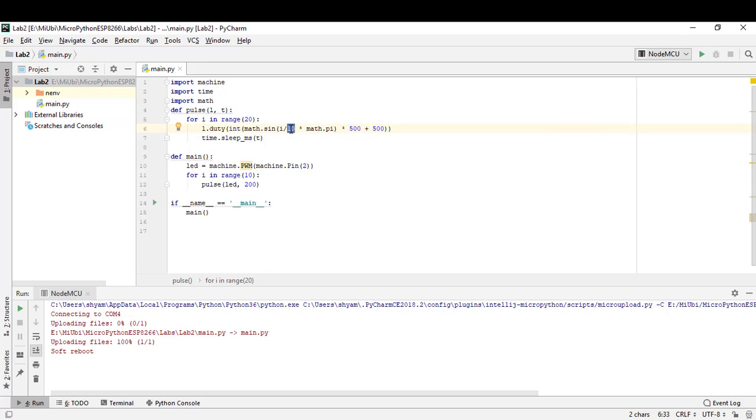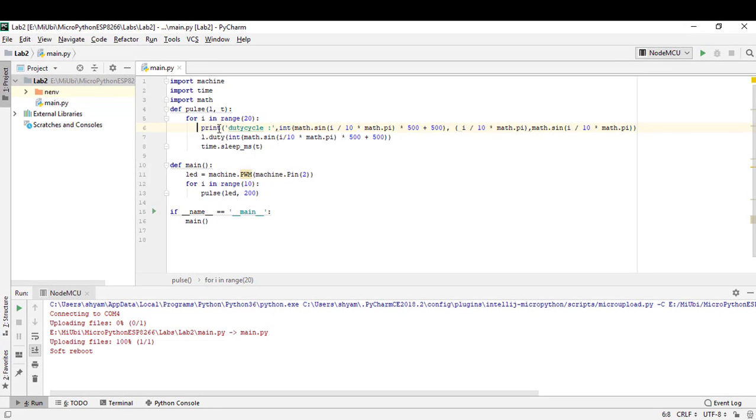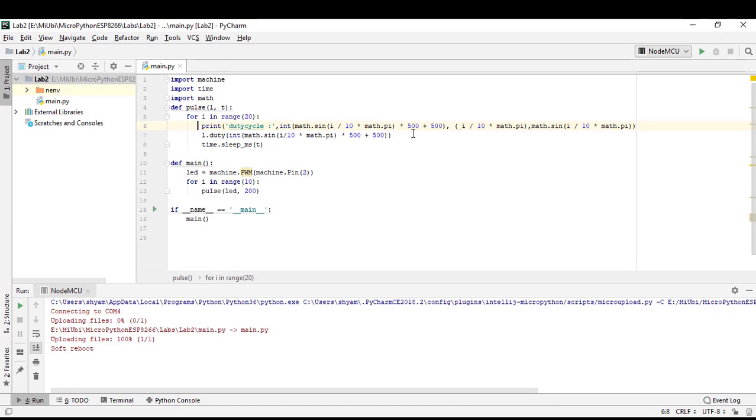Note that as this is a sine function, you'll have one upper cycle and one lower cycle, so you'll have 10 positive values and 10 negative values. Now I include a print statement which tells me the duty cycle I'm feeding, how the sinusoidal function has been varied with what kind of pi values, and what is the output of my sine function.